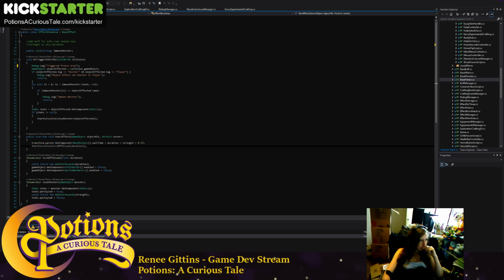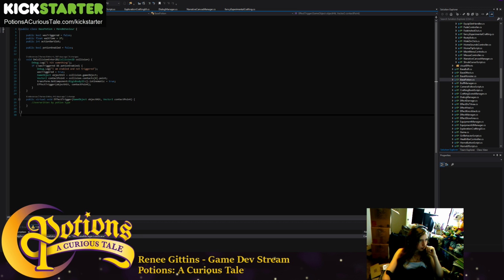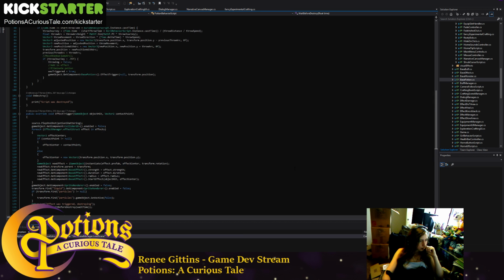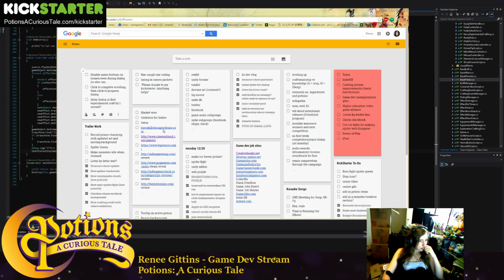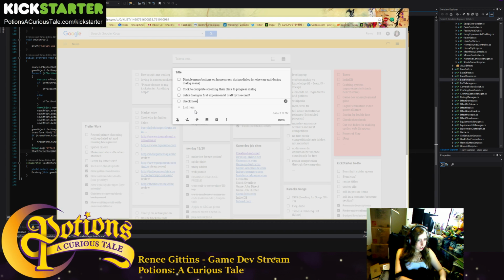Transform, wait time. Interesting. So wait time 3. Normally with this wait time. Oh, it's wait before. Effect trigger. Okay. Wait before destroy. This seems like it is implemented incorrectly. Let me make a note of that. Check how stun potions are implemented. Seems like you can get